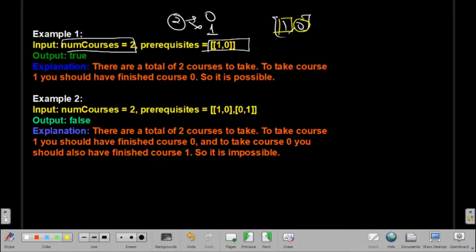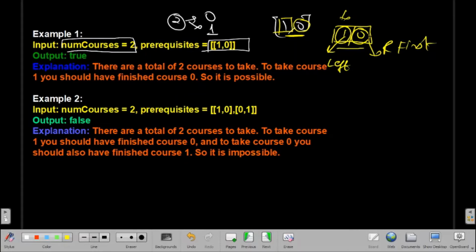If I write this thing here, for completing course 1 I have to complete course 0 first. Means the right side course I have to complete first, then I have to complete the course on the left side.